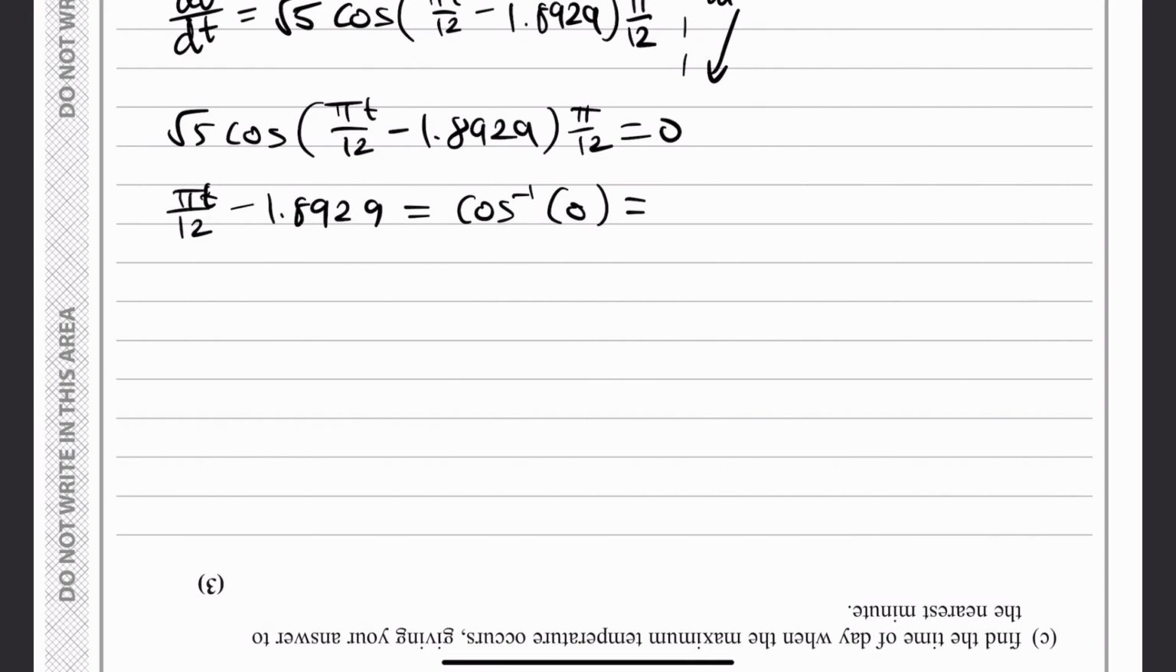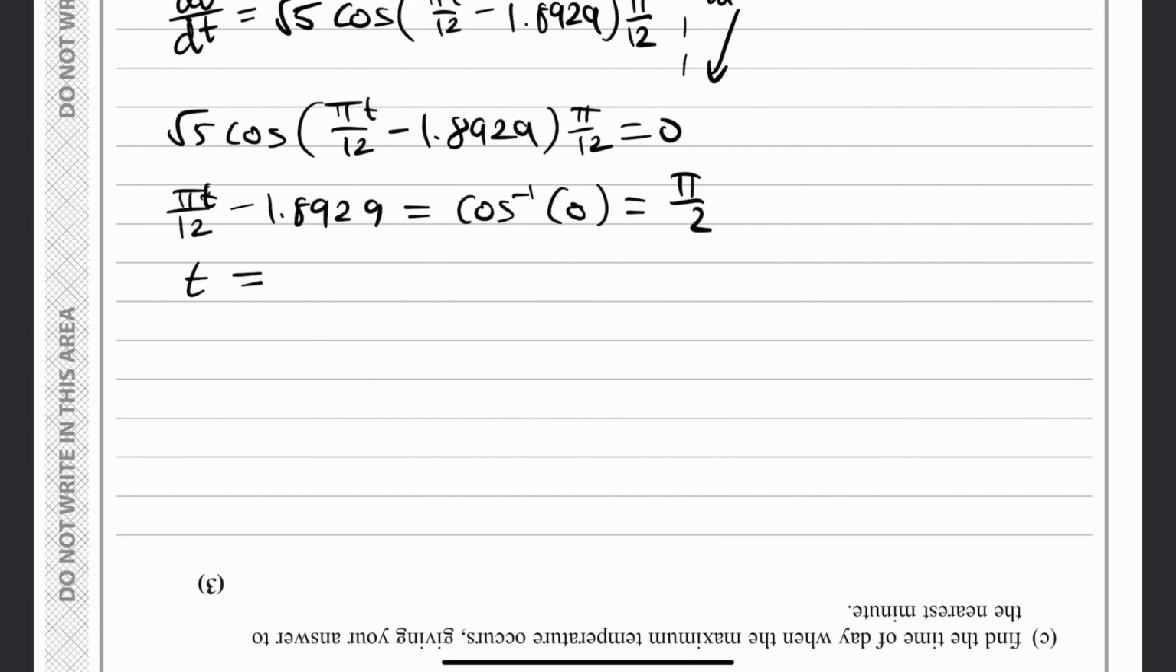Oh, but we are working in radians. I have forgotten about that. So arc cos of 0, that is basically 90 degrees, but in radians that's pi over 2. Okay, good. And we just got to solve this now for t, so I'm just going to do this all in